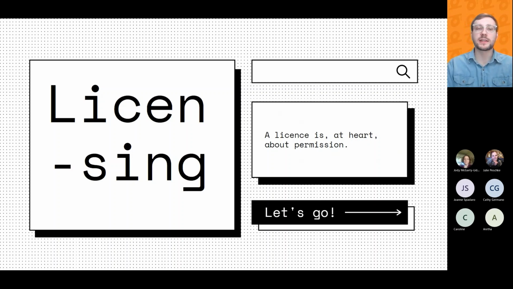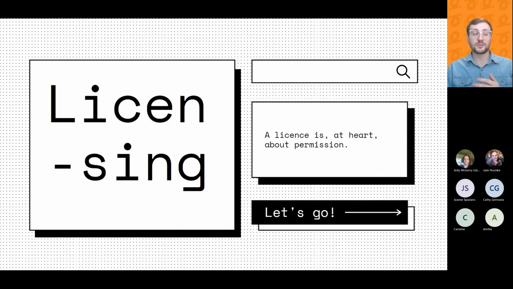Often we see licenses are negotiated between a copyright owner and a user. It'll outline the ways in which someone can use a work for a limited period of time. So in this way, licenses frequently look like commercial agreements or contracts. That's kind of what you think of when you think of licensing. But because licenses are mostly about permission, a license can be granted informally. It can be over email, and in some cases it can even be spoken, and that doesn't make it any less valid or enforceable.